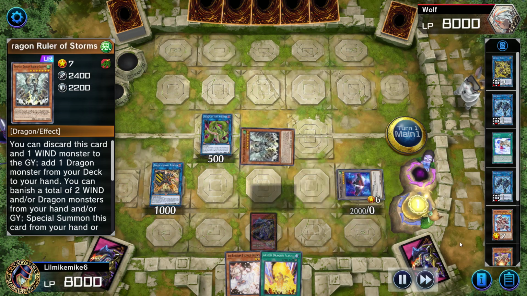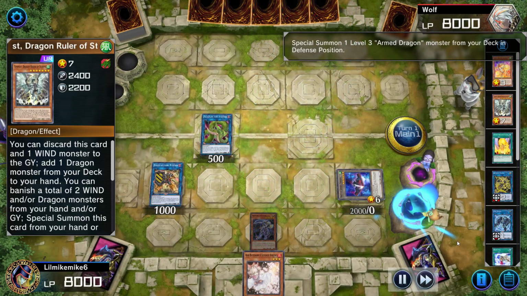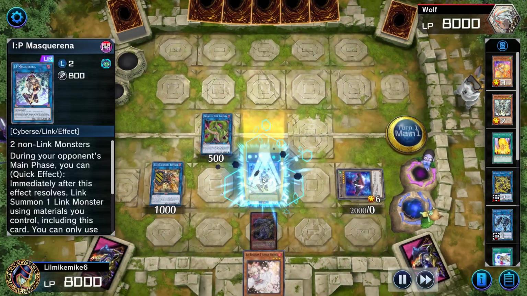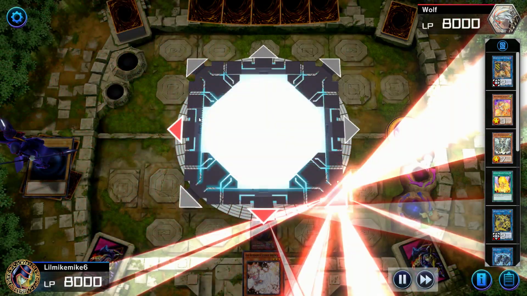Now, if you don't have that play, it's completely fine. You just won't have an IP Masquerena on the field. That's the only thing that happens there. Don't worry about it. It's not that important, but I just wanted to mention that. Go IP Masquerena. You want to do that before you go into Aurora Dun, and you also want to have